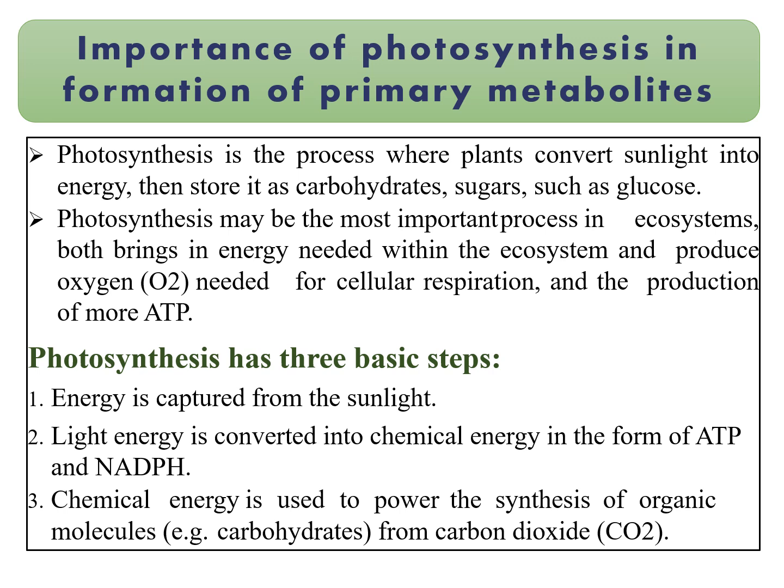Okay. Now, photosynthesis mainly occurs in three different steps. The first is that energy is captured from the sunlight. After that, the light energy that was captured is converted into chemical energy in the form of ATP and NADPH. These are the energy molecules. This chemical energy produced in the second step is used to power the synthesis of organic molecules like carbohydrate from carbon dioxide. So at the end of photosynthesis, some carbohydrate, or you can say glucose molecules, will be formed.